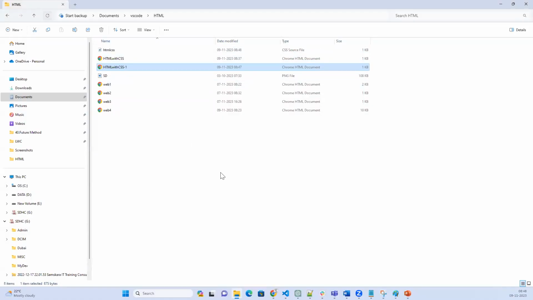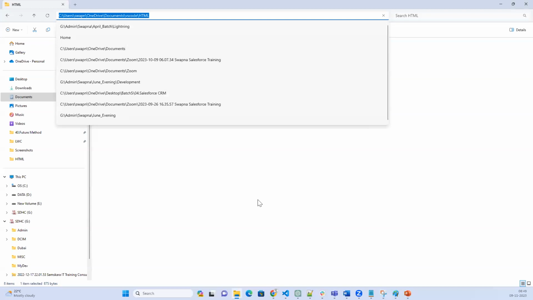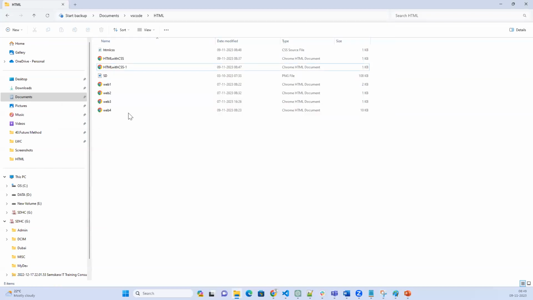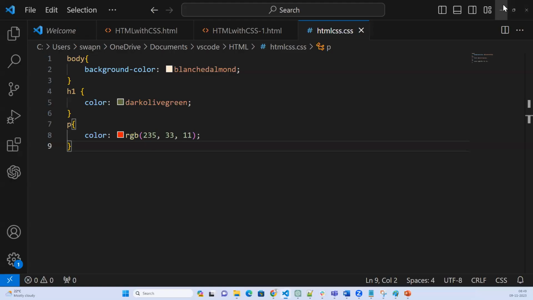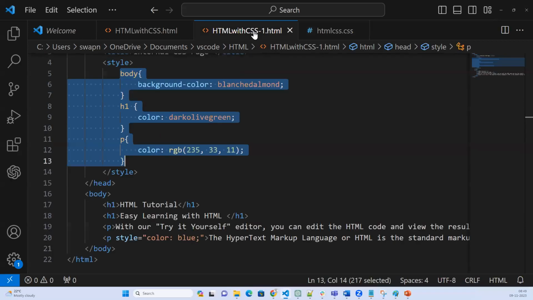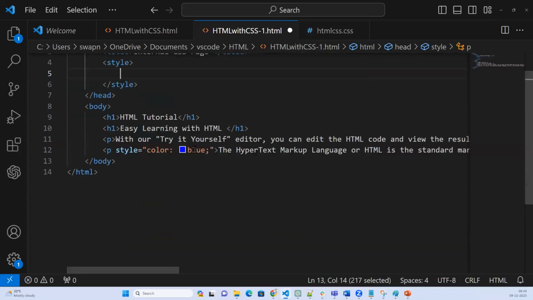Let's refresh here. So we have a CSS file. This is the CSS file which we have created, stored in the same location. Now this external file we need to call inside the